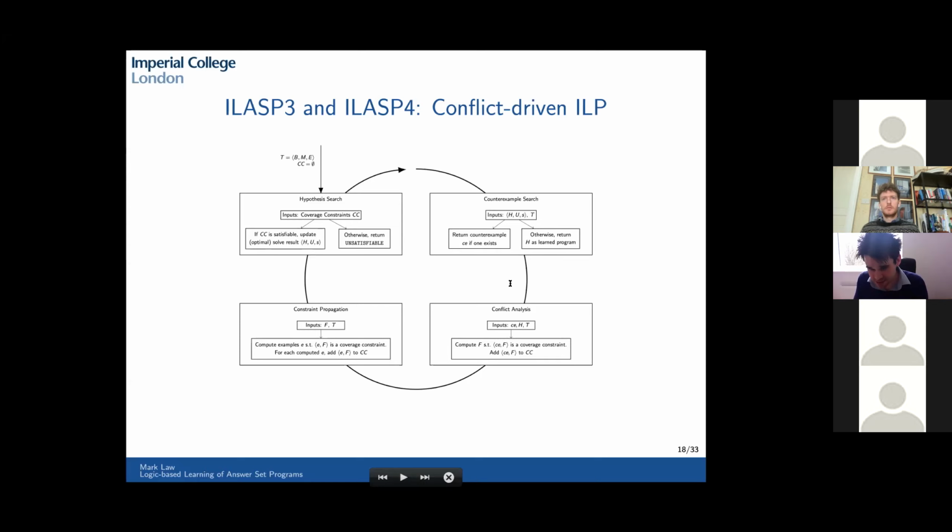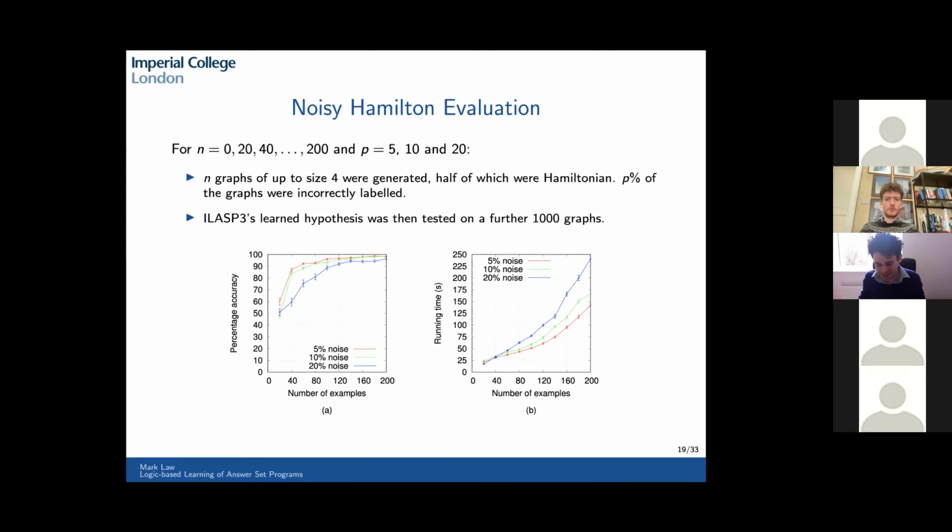So what we do instead, to avoid that scenario, is we try to propagate the constraint. This means that we search for all of the other examples that would not be covered if we chose to ignore this constraint. And then once we've done that, effectively, we're boosting the penalty of not covering that constraint. And usually it will lead to significantly fewer iterations of the whole algorithm. So it can make things much, much faster. So that's as technical as I want to get about the learning algorithms. As I said, I don't really want to go into a huge amount of detail.